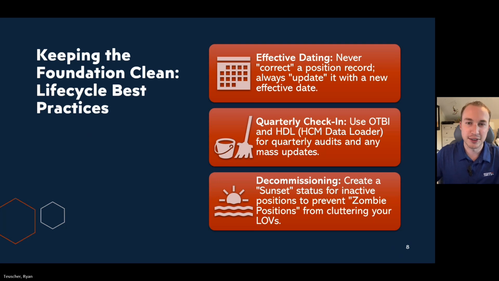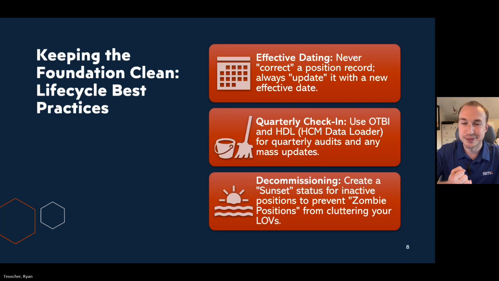Finally, some best practices, right? Or maybe not finally, second to lastly. We have our best practices for our life cycle using effective dating. If you're using HCM, I would recommend taking a look at effective dating if you don't understand it already. HCM is a software that relies very heavily on time. So when something is entered into the system may not exactly be when it takes effect. That effective date is when things actually happen,